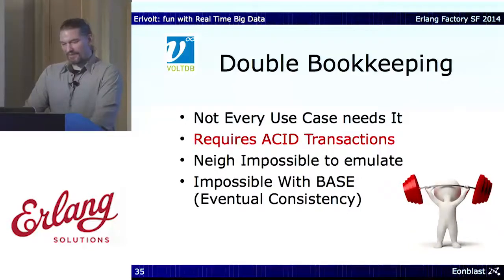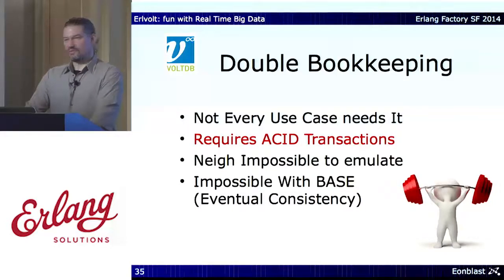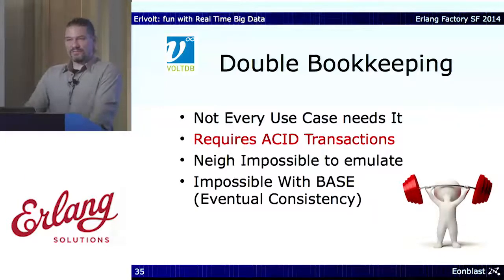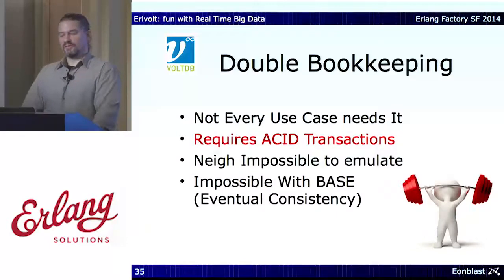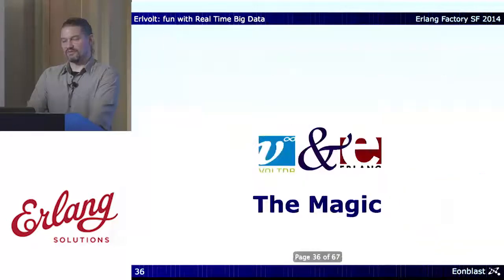But coming back to games again, if you have something where one player is giving another player something, you cannot have the situation that all of a sudden that sword that one player gives the other player exists twice in your system or gets lost. Or if they have bought virtual items, those also cannot be duplicated by an error in the software, or shouldn't at least. Then you have something like double bookkeeping. And if you have that requirement, then what you need is really ACID. And that's really hard to emulate with a database that does eventual consistency. So for me, that was definitely a point where VoltDB became so much more attractive.